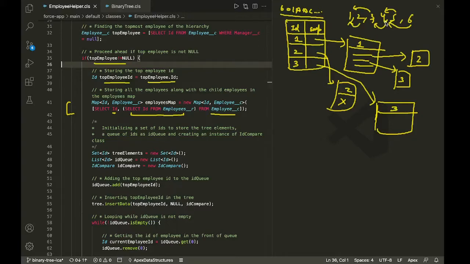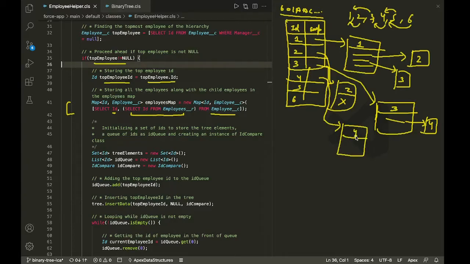And for the employees that are reporting to 3, only 4 is reporting to 3, right? So I'm only going to have one entry here, which is for employee number 4 that is reporting to 3. After that, I'm going to have some more entries here. Let's say we have an entry for employee number 4, and entries for employee number 5 and employee number 6, right? For employee number 4, I'm going to have an entry here. And if we see 5 and 6, both are reporting to 4, right? So I'm going to have two entries here. Employee number 5 is reporting to 4 and employee number 6 is also reporting to 4. So that's how the data is stored.